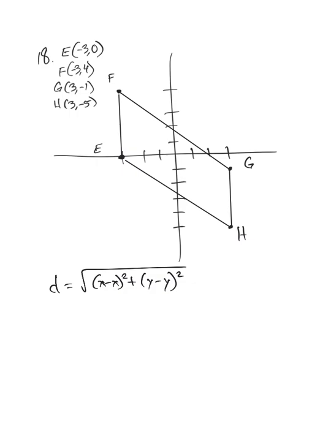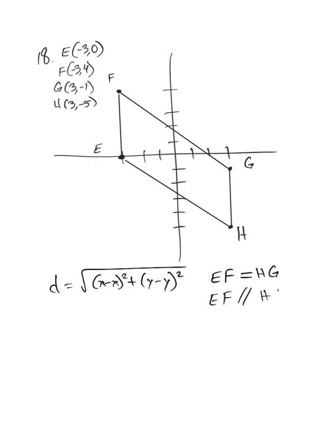So you would have to show the distance on all four sides. So FG would have to be congruent to EH. EF would have to be congruent to HG. We could also draw diagonals and do the distances there, find the midpoints, and that just is a lot of work. I think what we should do is show that EF is equal to HG, because those are vertical lines and we can count, but we can't just show that EF is equal to GH. We'll use the new theorem that says that EF is also parallel